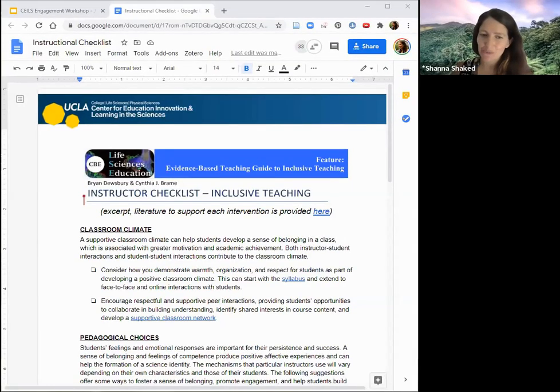One person asked what wait time is, which is referenced in the doc, and that's a process that doesn't apply to remote teaching as much. It's giving time after you ask a question for students to think about it and respond. But you can think about what versions of wait time exist in remote teaching, where you let students think about what you ask and get a chance to respond. Thank you, Karina, for that question.